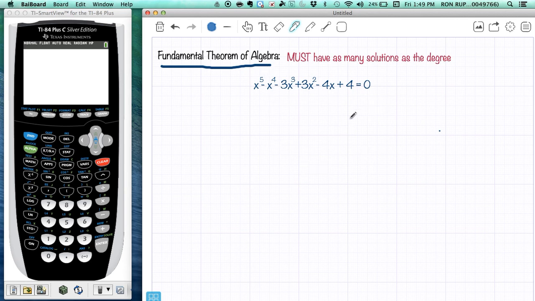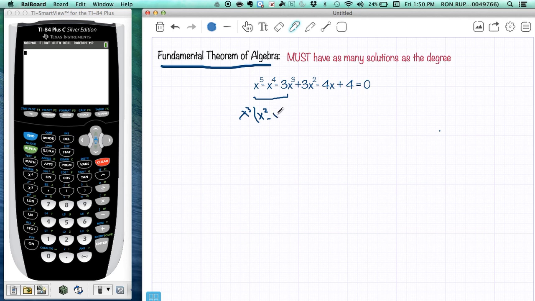So first, I have this big polynomial, x to the 5th minus x to the 4th minus 3x cubed plus 3x squared minus 4x plus 4 equals 0. I don't know if you want to try factoring something like this. Certainly you can see that these have an x squared in common, so let's just try it. If I pull out an x squared... sorry, they have an x cubed in common. So if I pull out an x cubed,